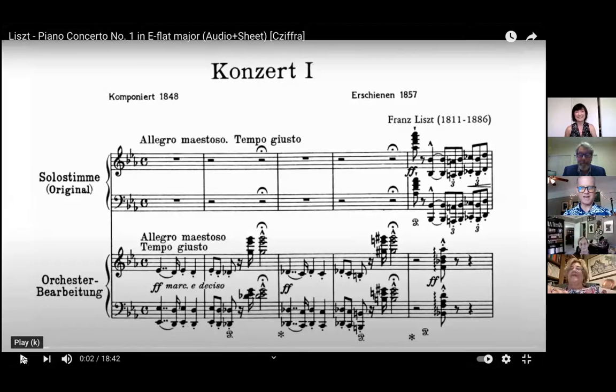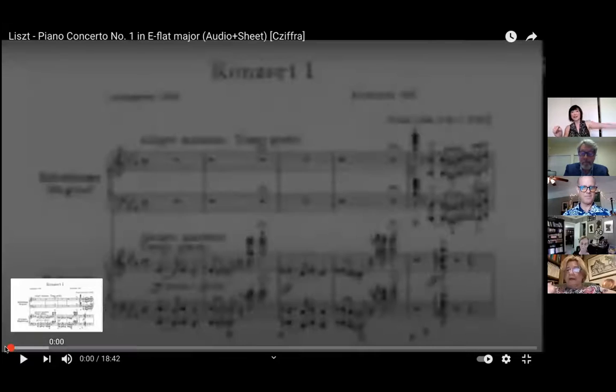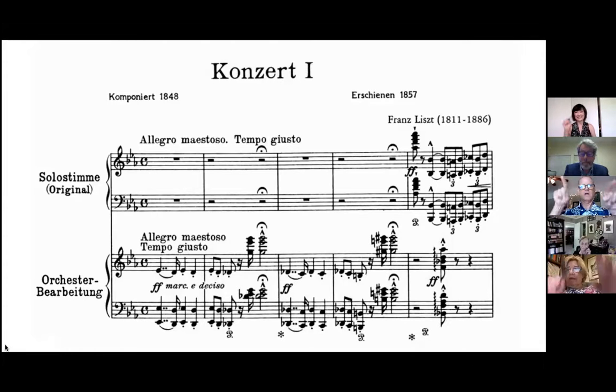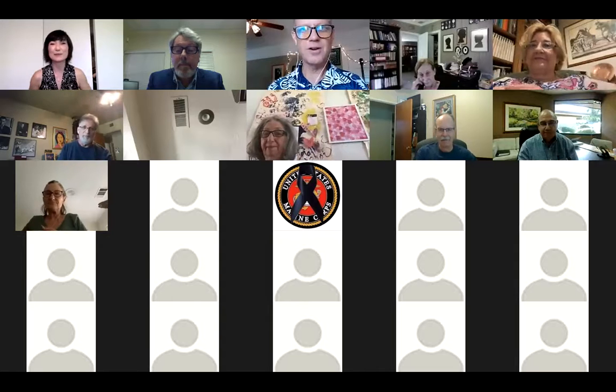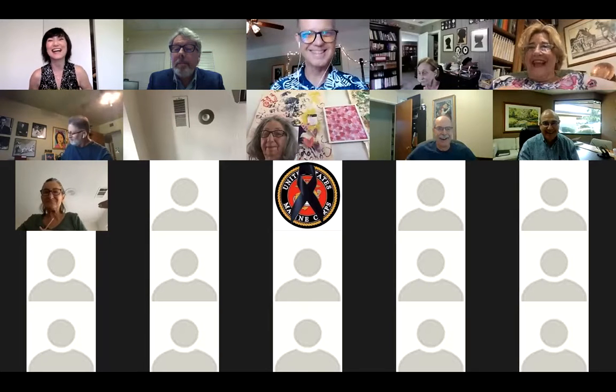So now let's see if we can do it to the music. Here we go. Rei can count with the music if that will— No, that would be a delay. So we have to just play the music and you're on your own. Here we go. 1, 2, 3, 4. 1 and 2. 1, 2, 3, 4. 1 and 2. So Rei, the lesson that we learned is that conducting is hard.